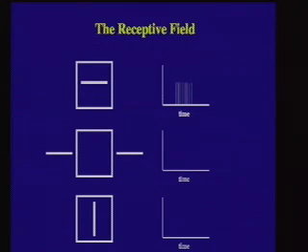If you present a different kind of stimulus, for example a vertical bar here, the cell still doesn't respond. So receptive fields are spatially discrete, and they are also tuned to respond to specific stimulus features. In V1, one such feature is orientation. Neurons respond best to some orientations, not others.